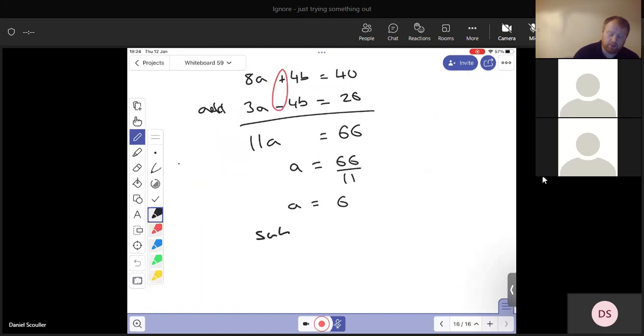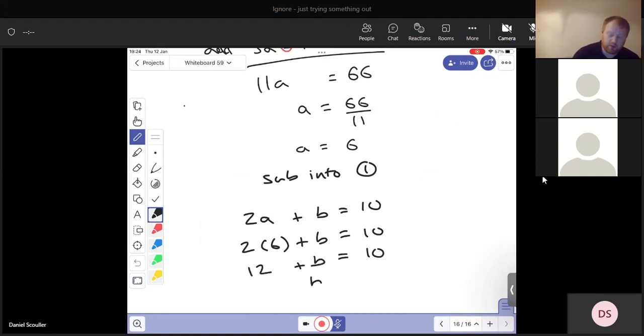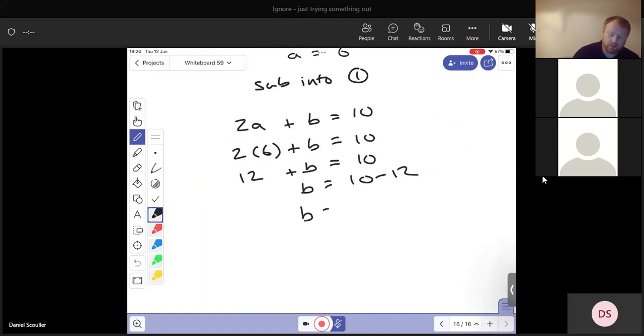Okay, sub that into 1. 2a plus b equals 10. 2 times 6 plus b equals 10. 12 plus b equals 10. b equals 10 minus 12. b is equal to minus 2. Okay, so that answer